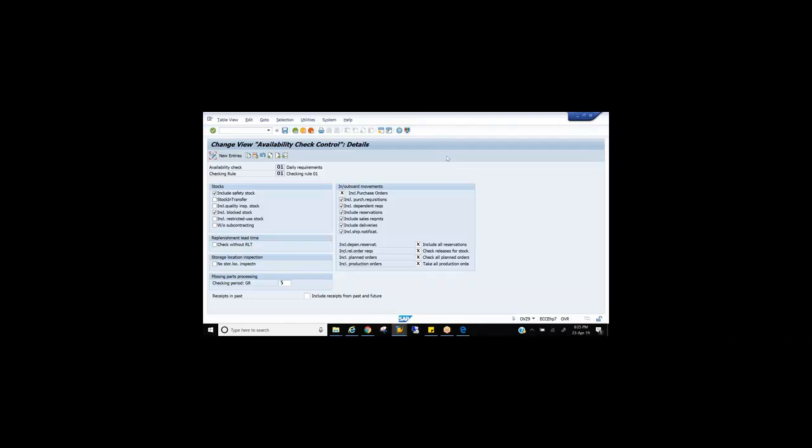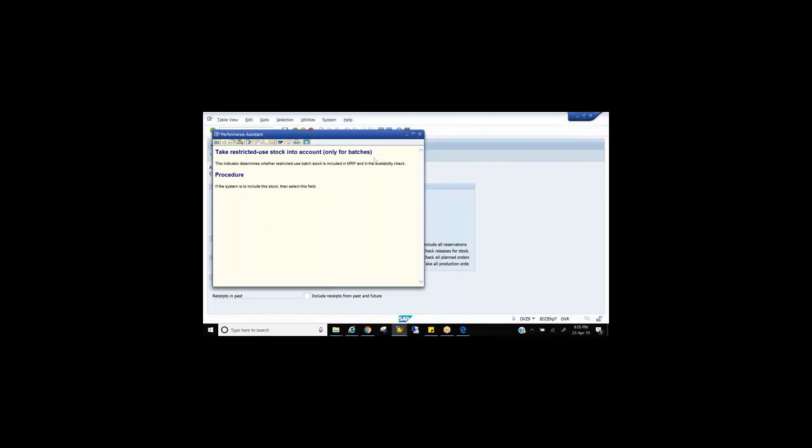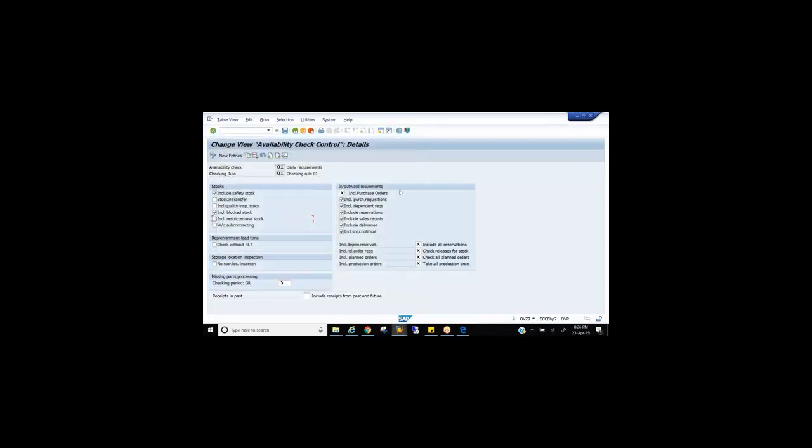If you go to some stores, there will be a counter selling products at 50%, 70% discount. Why? Because those products are going to expire within 2 or 3 months, right? So blocked stock is blocked temporarily, but later you can release it. Restricted use stock is only for a couple of materials. It's not applicable for every material, but blocked stock can be applicable for any material, right?